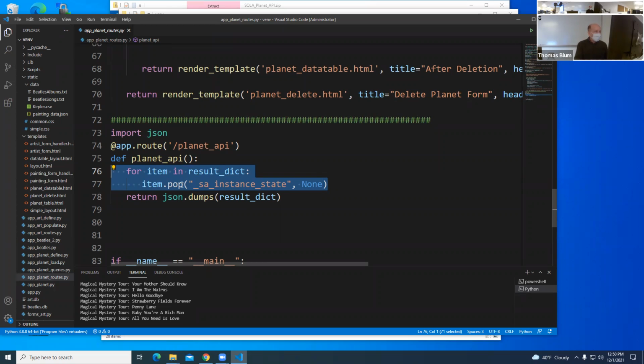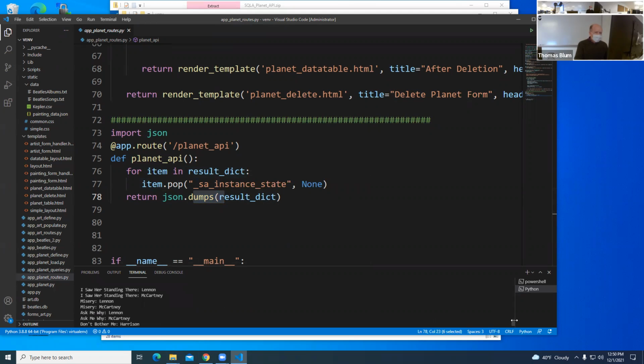And then here is us using the JSON library to take this and make a dictionary out of it.